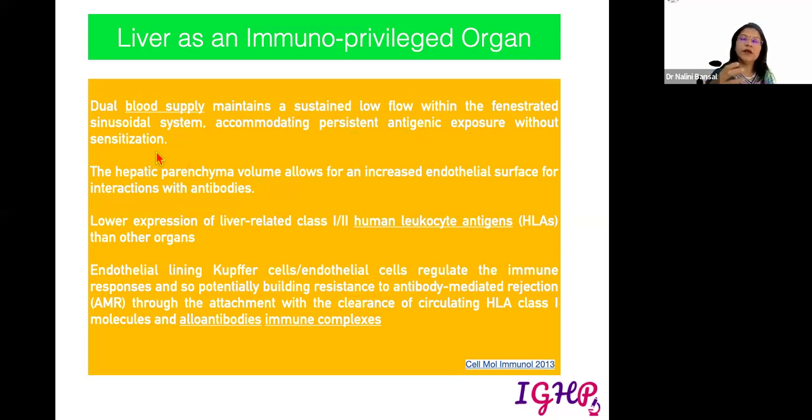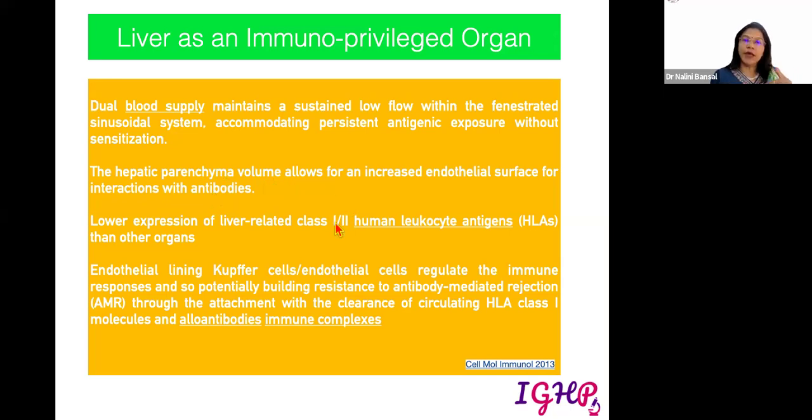As we know, a large number of antigens come from the intestine to the liver sinusoids on a daily basis. So the liver has become relatively immune to those antigens because it is exposed to n number of antigens. Then next is the liver parenchyma, which we know is made up of only liver cells. Largely 80% of the liver volume is composed of hepatocytes. Since the majority of the parenchyma is made up of liver cells, and all the liver cells have an exposure surface towards the sinusoids,